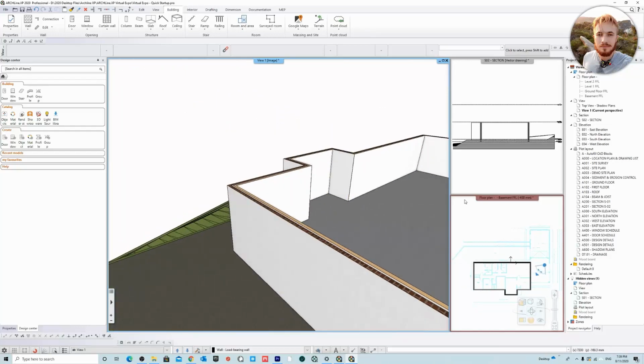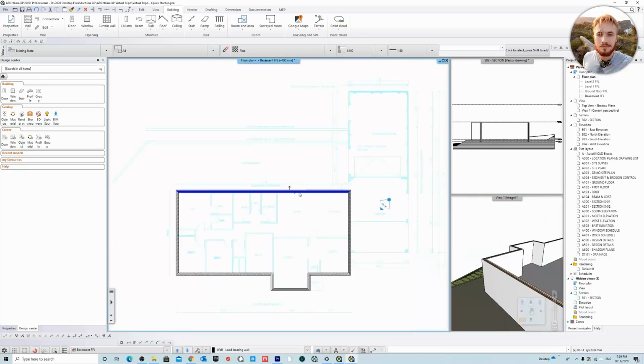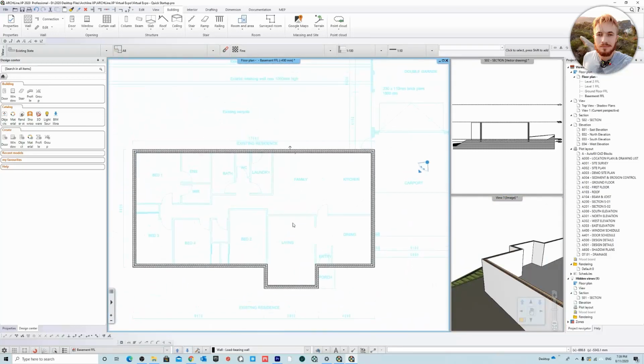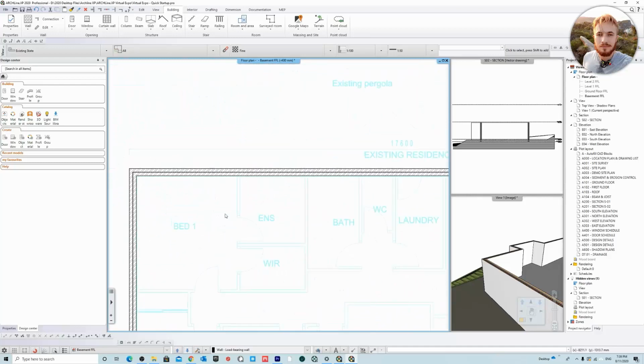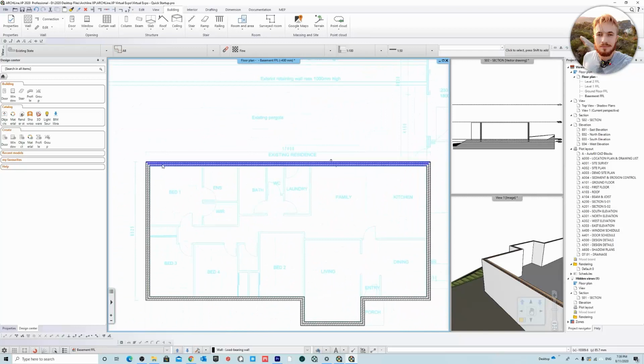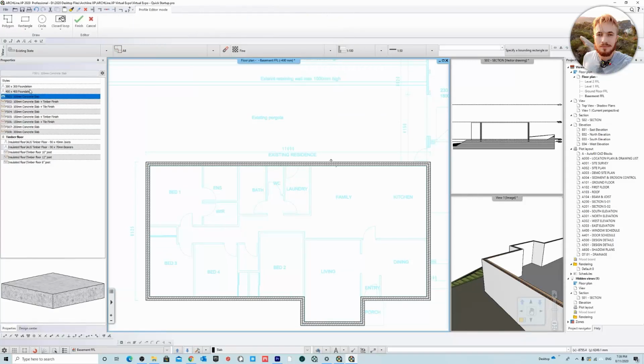So let's go back and have a look here. So that was a pretty straightforward process. So actually all we need to do now is add a basically a foundation slab below all of this. Okay, and for that we're going to create a slab. So we'll go to slabs and we need a 400 by 400 foundation, and I'll just quickly show you how